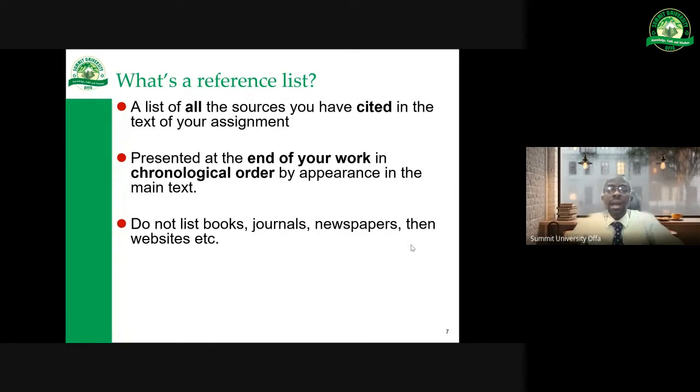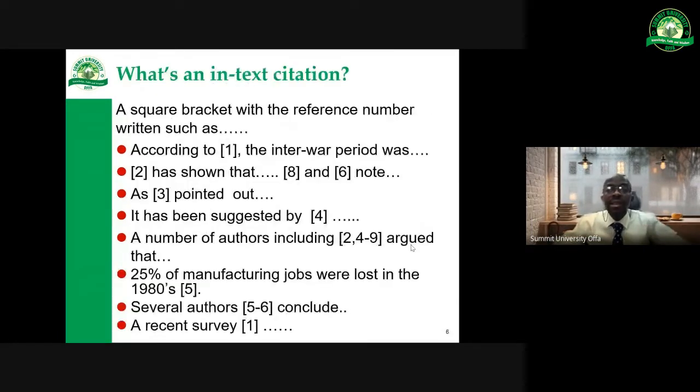But in IEEE format, it is always in chronological order by appearance in the main text. And you do not list books first, nor list journals first or papers first, then list others. No. It is by appearance that you prepare the reference list. Again, an in-text citation for IEEE format involves the use of a square bracket with the reference number written inside